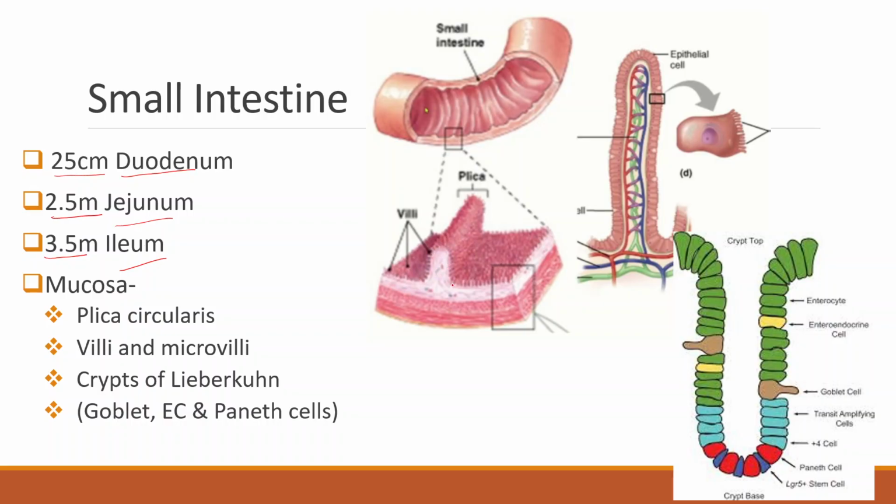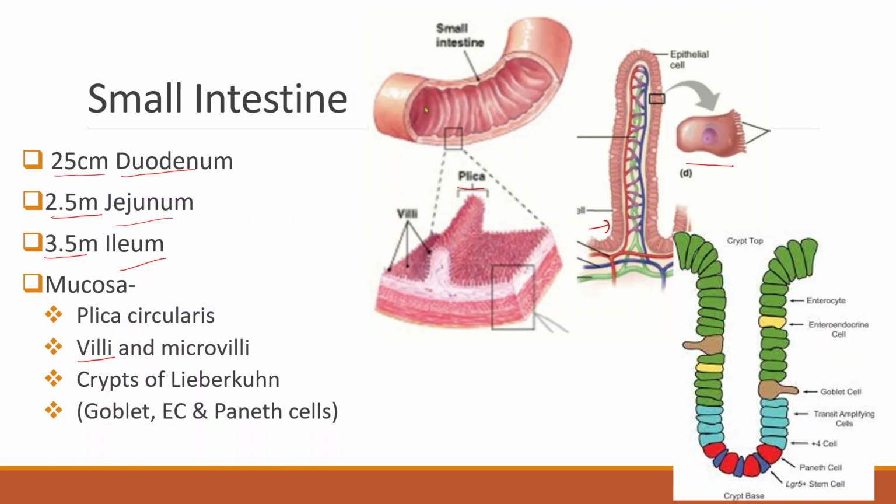So we need foldings, which are the plicae circularis, and on these foldings you can see hair-like structures which are villi, right? So on these villi, if you see a villus, this is a villus shown here, you can see that on villi every epithelial cell is present having various functions. We'll see all these cells, their names and different functions based on the location, right? So these are villi and having cells.